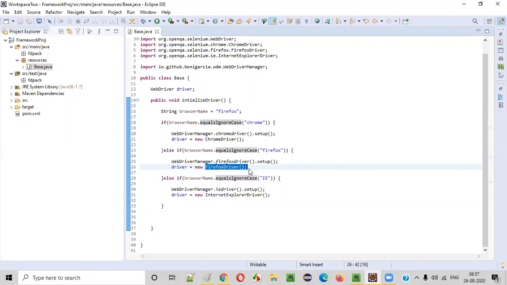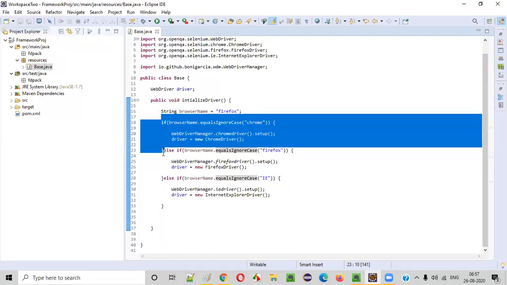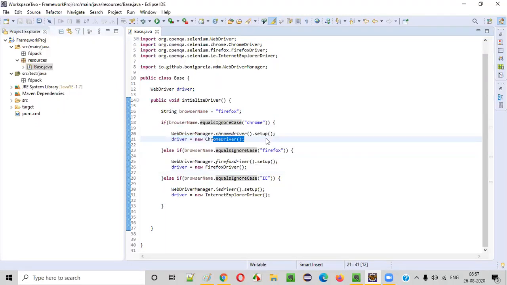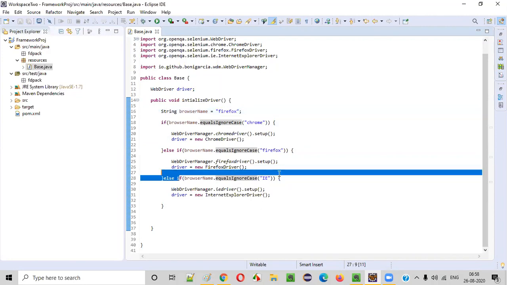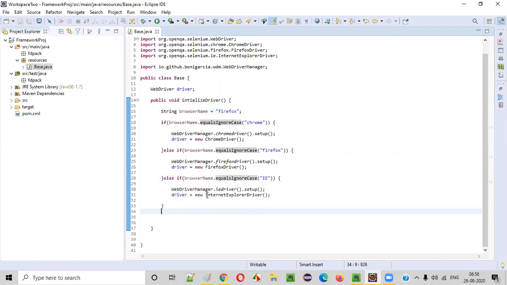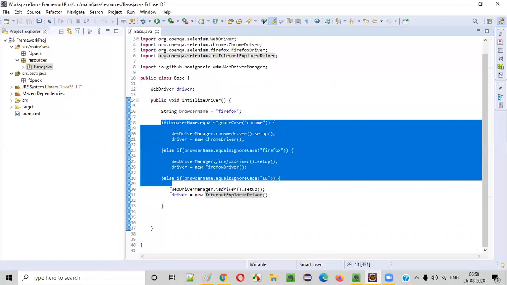So which browser will launch here? Firefox browser will launch. If you give Chrome here, this condition will match and Chrome browser will be launched. If you give Internet Explorer, or IE here, this will match and it will launch the Internet Explorer browser. Like this, the code is written for now.